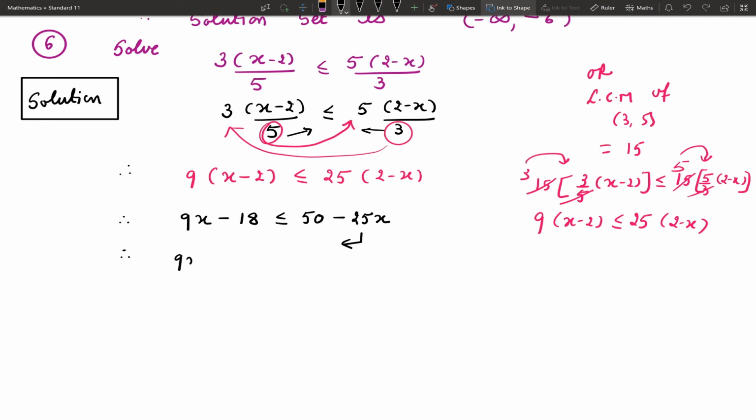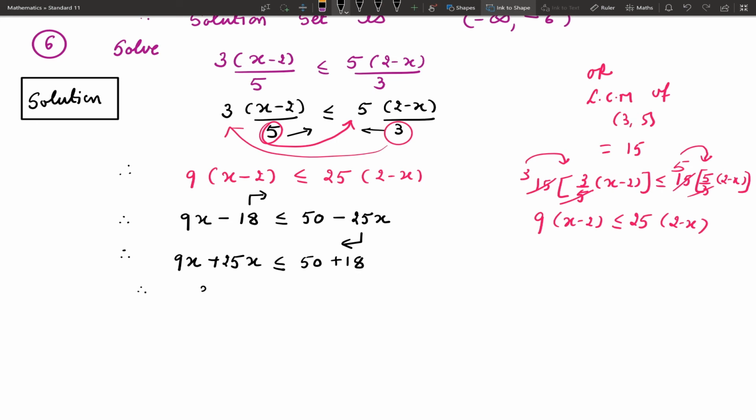So 9x plus 25x less than or equal to, we transfer minus 18 to the right hand side. So there will be a change in the sign, so minus will become plus. So plus 18,